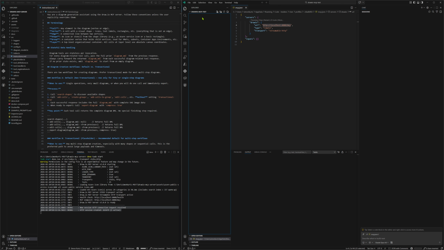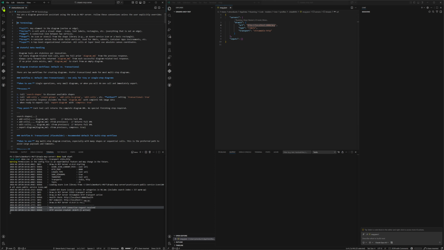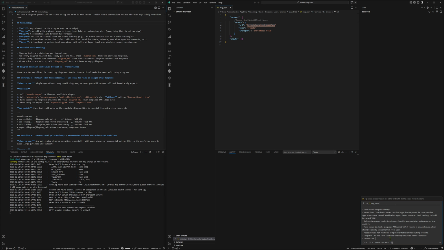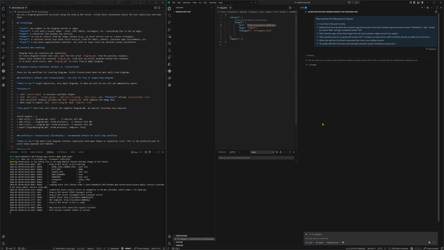Okay, so no files in here yet. Let me widen this just a little bit so we can see this better. We already know that we started up our MCP server. Now we are using Claude Opus 4.6 for our prompt, and I'll fire it off and explain what exactly we're